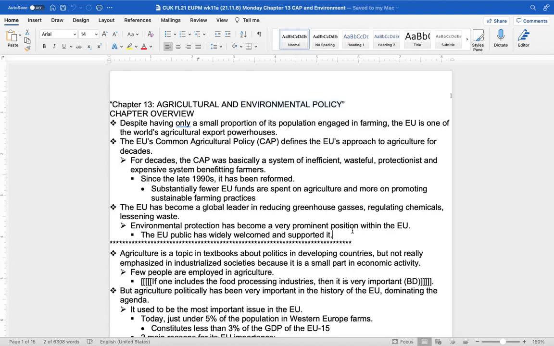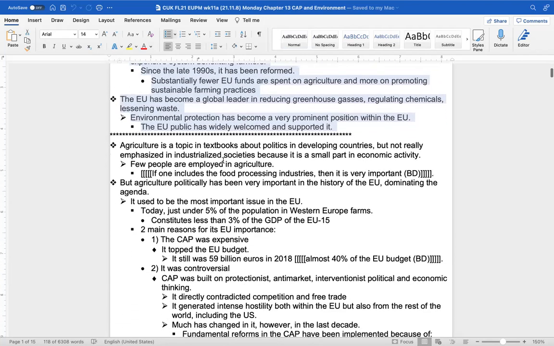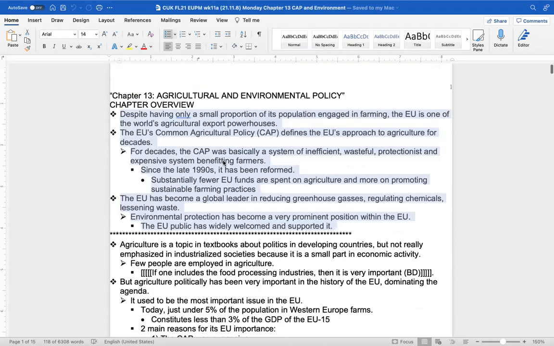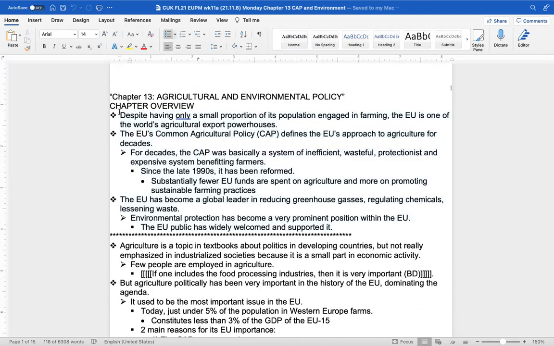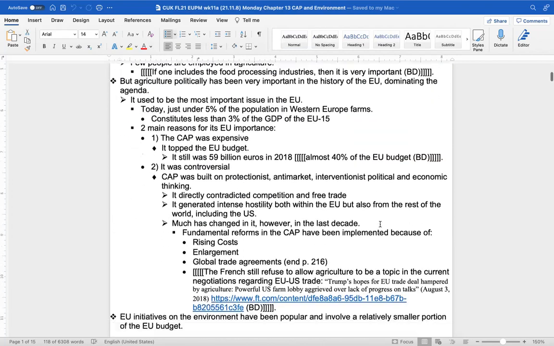That is not emphasized anywhere in your textbook. That is a more recent, interesting, significant development in the European Union. So this is all being discussed on the eve of the pandemic, of course, and